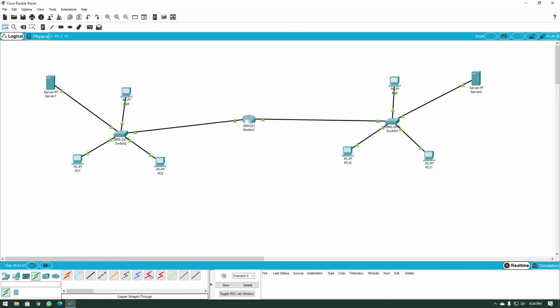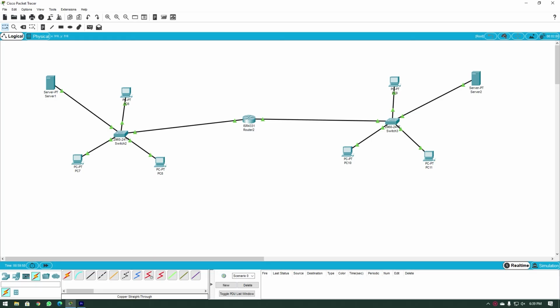Now let's see if these computers on the left side can communicate with these computers on the right side. So I'll click on simple PDU, click on this computer, and then click on this computer, and you can see it was successful. So now, this time around, we did not configure these computers to receive static IP addresses. They received their addresses dynamically from DHCP servers attached to the respective networks, and with the router in the middle, these two networks are able to talk to each other.